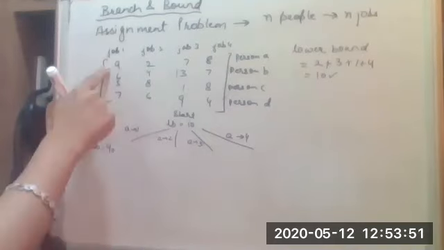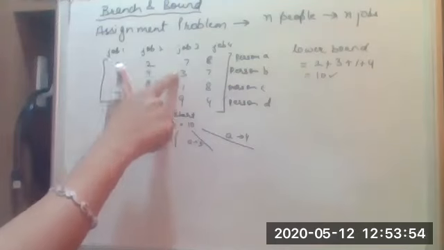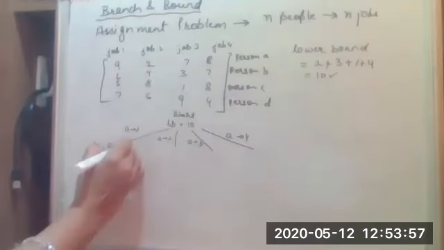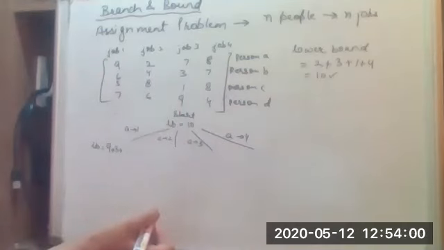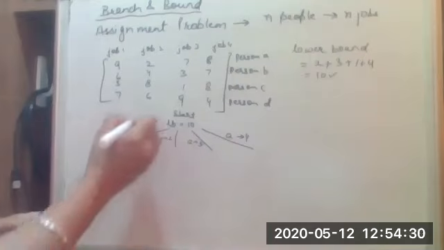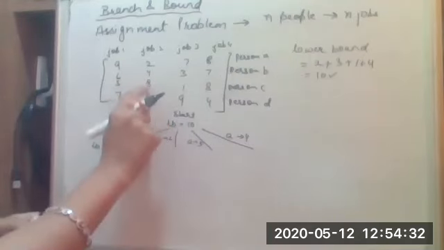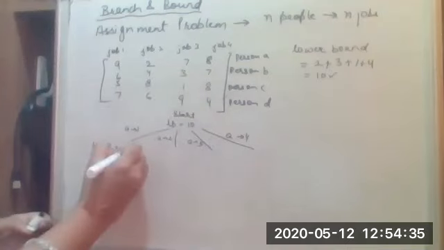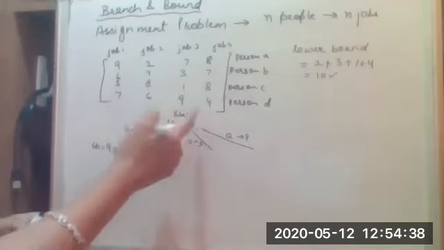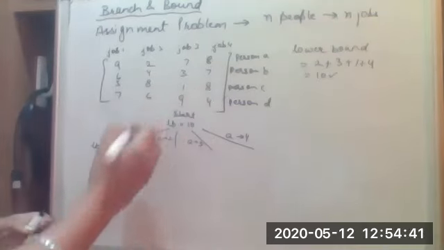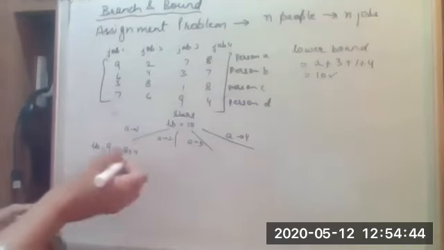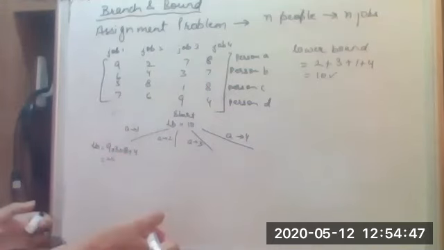So the first one is 9. For the second one, the lowest cost involved here is 3. And then for person C, we can say it is 1. And then 4. Now, for a feasible solution, we will be assigning either job 2 or job 4. So let's say job 2 is assigned, and for the fourth person, we assign the fourth job. In this case, we will have the value 24.